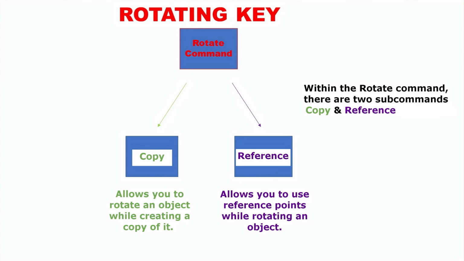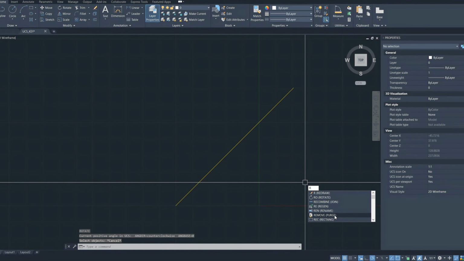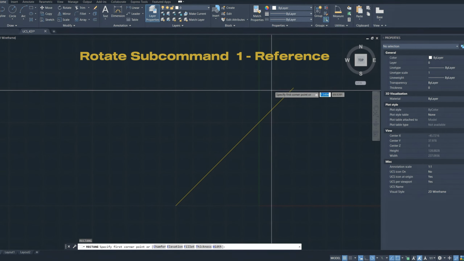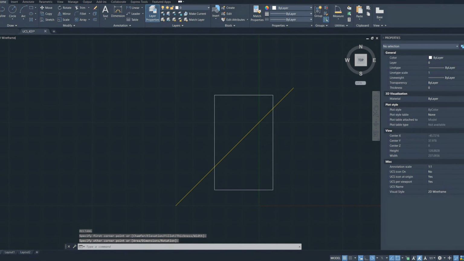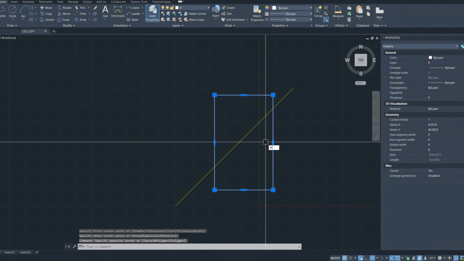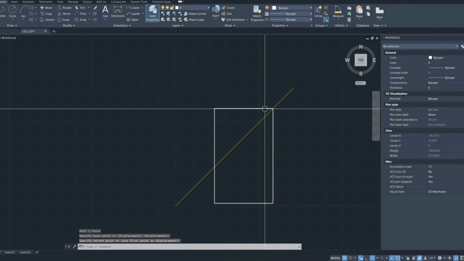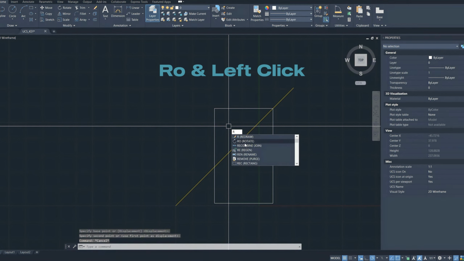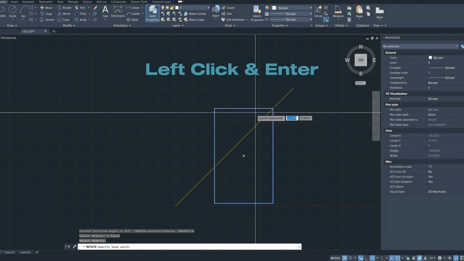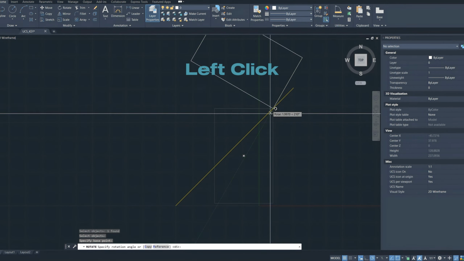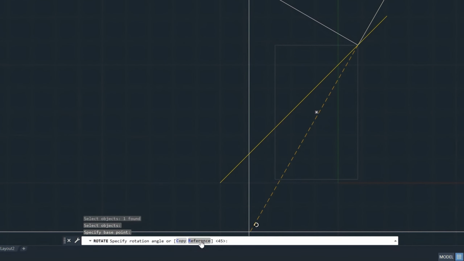As you can see, these two options are available to us within the rotate command. The first one is reference. Now I'm going to create a rectangle. I'm just going to draw a rectangle here for example. I'm just going to move down quickly to the intersection. And now I'm going to go back into my rotate. I'm going to select my rectangle that I've made, select my base point, the end point of my rectangle,